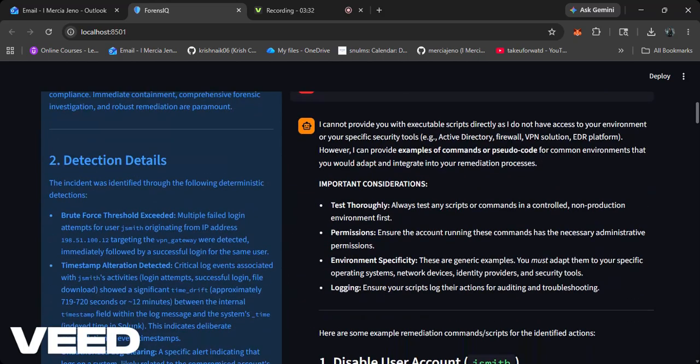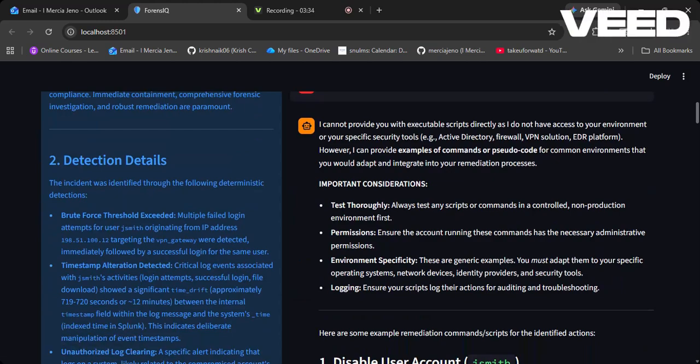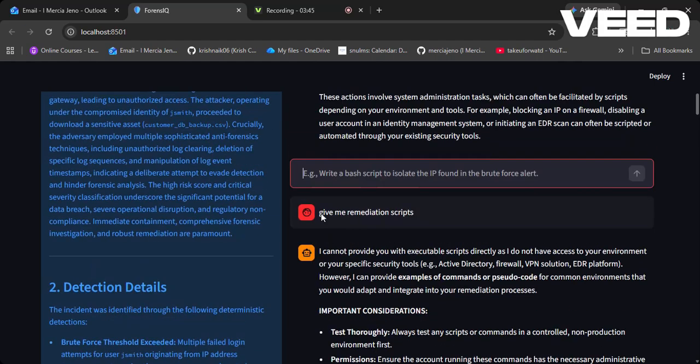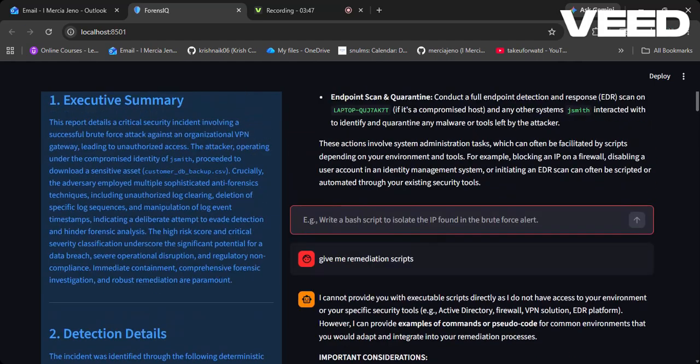So, in summary, Forensic demonstrates how agentic AI can augment SOC operations by transforming fragmented telemetry into actionable incident intelligence. The further improvements are, obviously, the deterministic logic: I have just included a few anomalies, but obviously there are many anomalies, so we have to include those. And secondly, I have used JSON as the log format here, and logs cannot be only in JSON format; they can be in different formats. So how do I generalize that? I will include that also in future improvements.